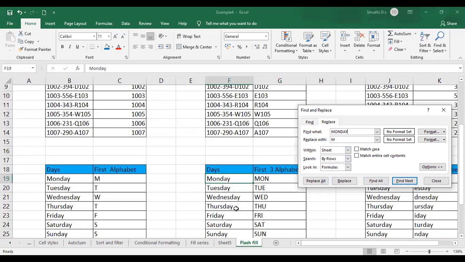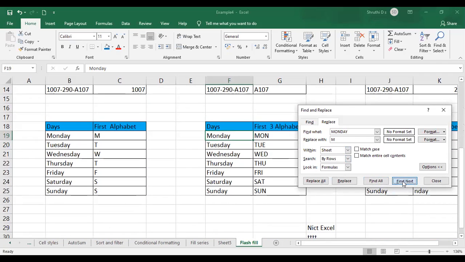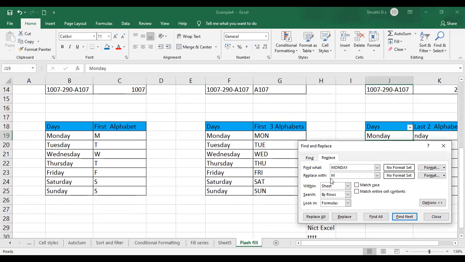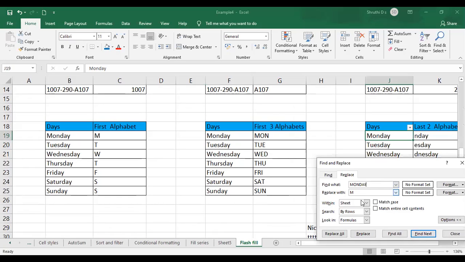Where was the change? I'll click on Find Next again. Find what: Monday. I just have to replace it with yum, so I'll click on OK. Find Next will point to the cell. There you can replace it with yum, or you can say Replace All.